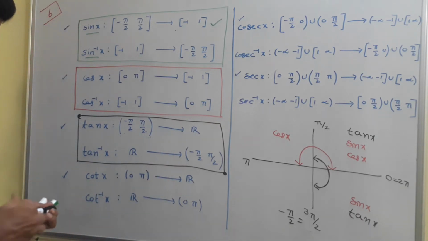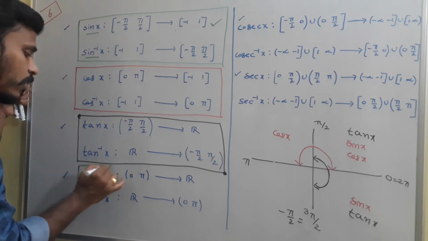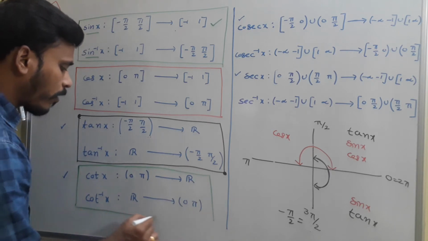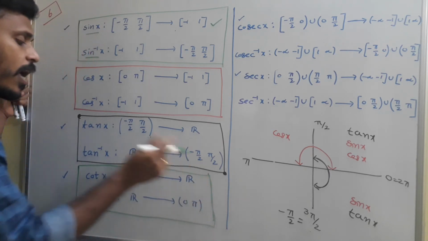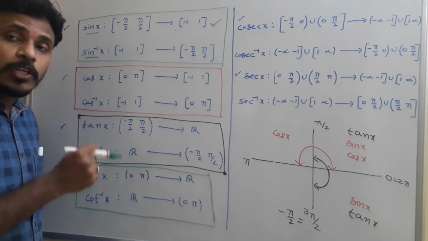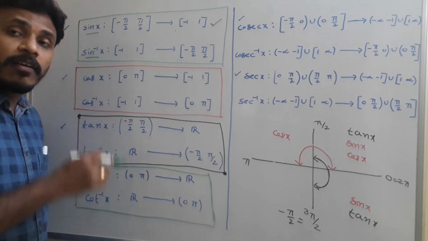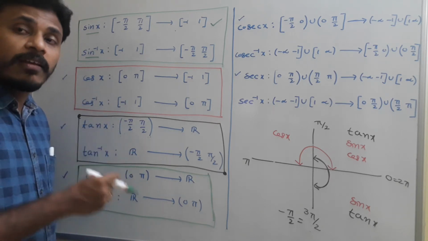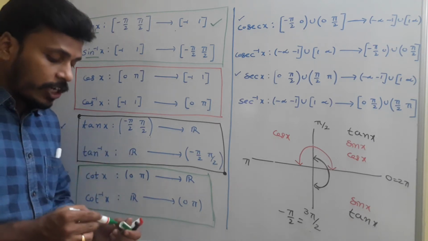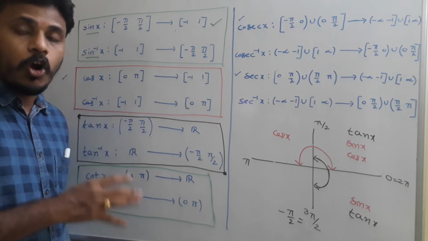The next thing we need to discuss is cot x. Again, to make an inverse trigonometric cot function, we need a bijective cot x. So having a bijective cot x simply means we need to construct cot x with a domain and range such that it is bijective. For that, again we need to consider one positive quadrant and one negative quadrant for cot x.